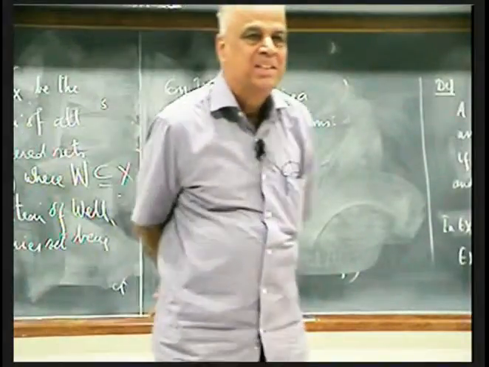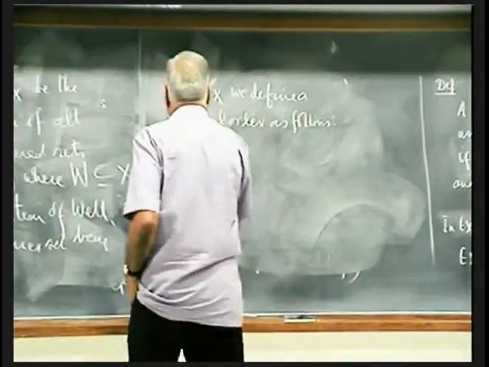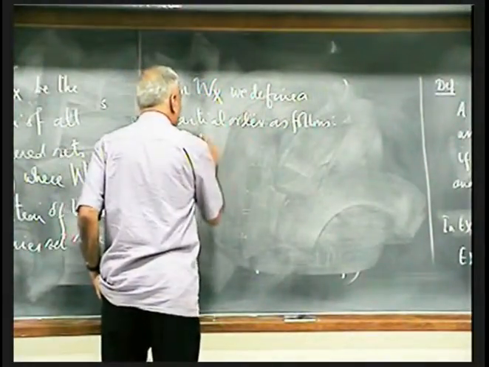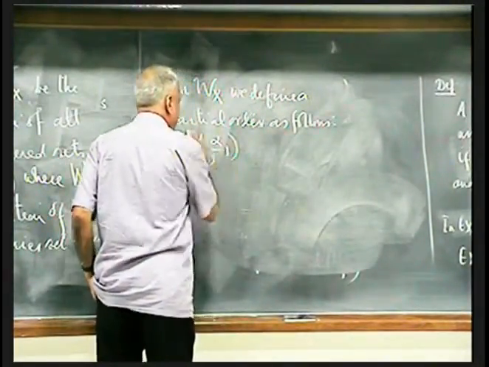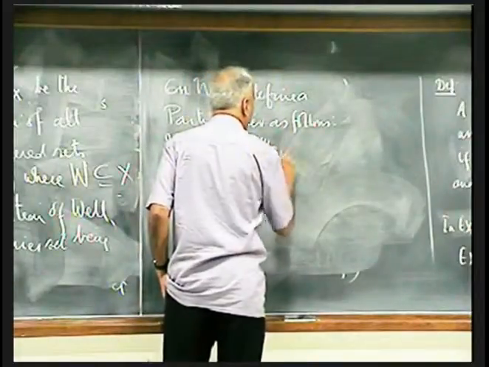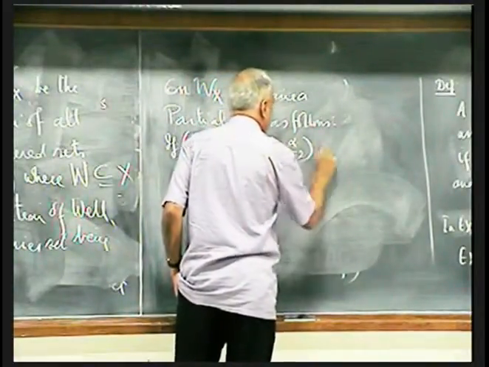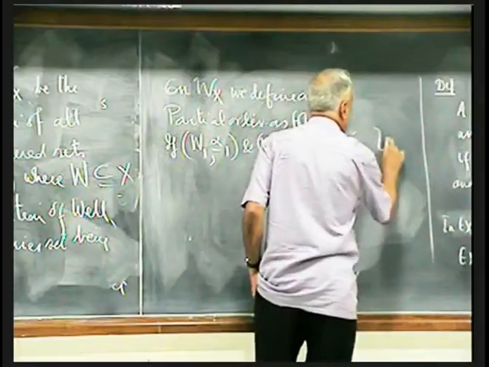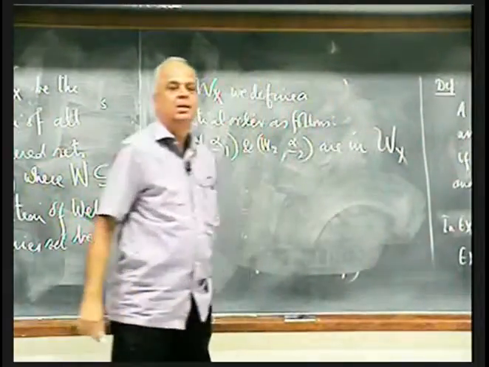I want to compare two elements in Wx, but the elements in Wx are well ordered sets. So I want to compare two well ordered sets. So if W1 and W2 are in Wx, we say